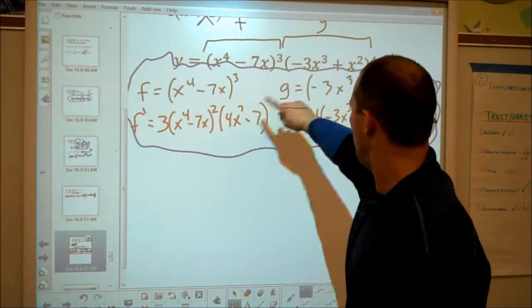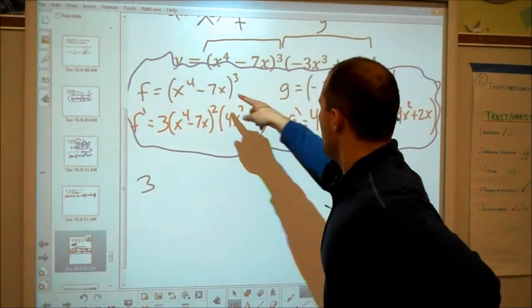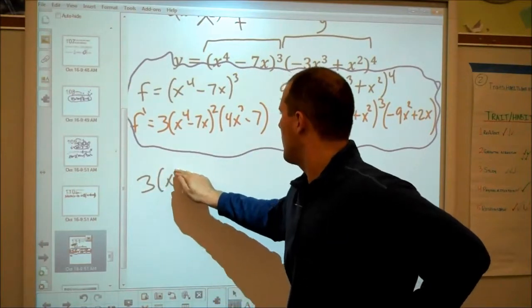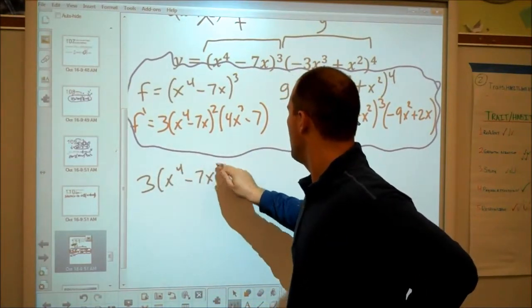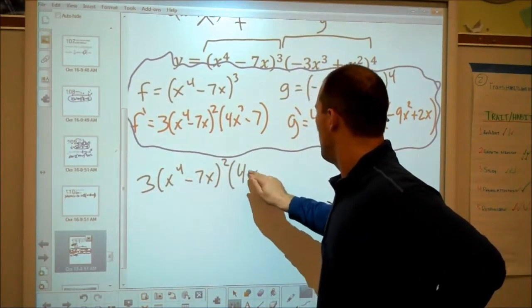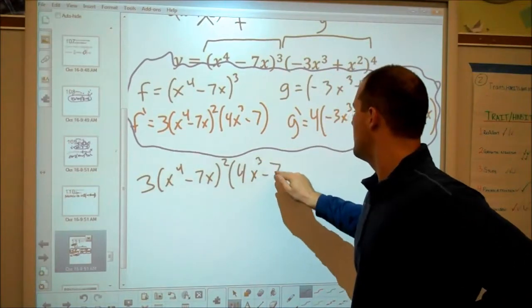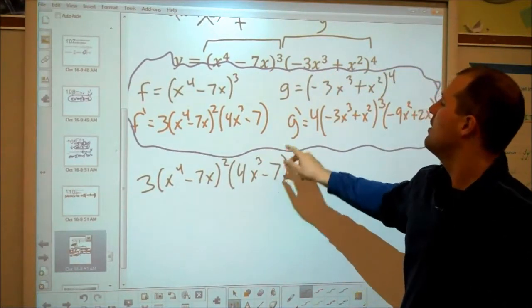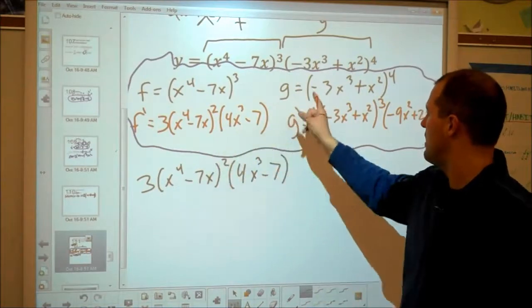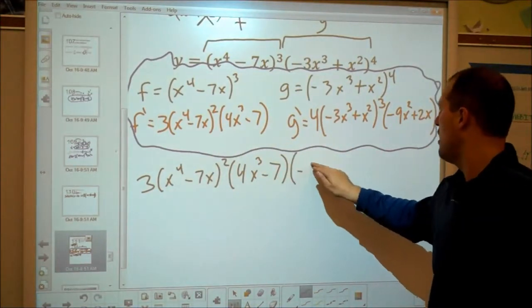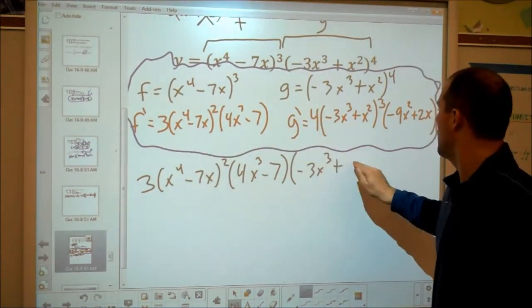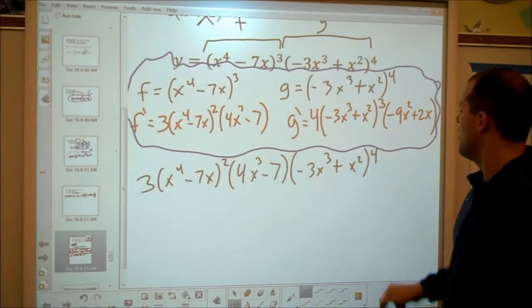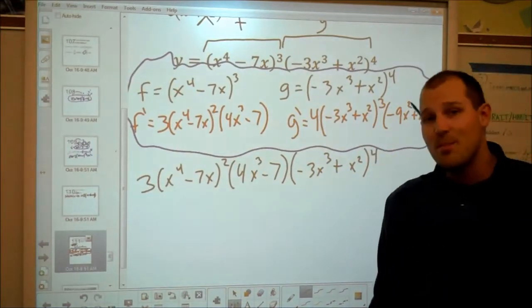Okay, let's do this. f prime g. So here I go. 3 times x to the 4th minus 7x quantity squared times the quantity 4x cubed minus 7 times g. Remember, f prime times g. So times the quantity negative 3x cubed plus x squared quantity to the 4th. And then it's a plus